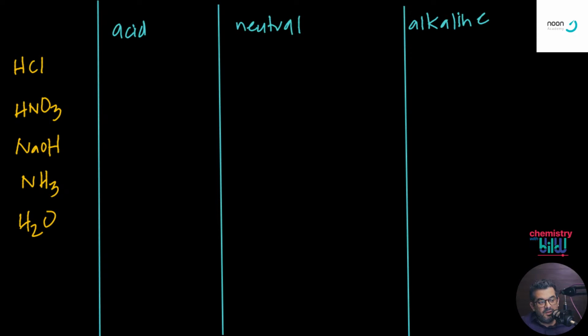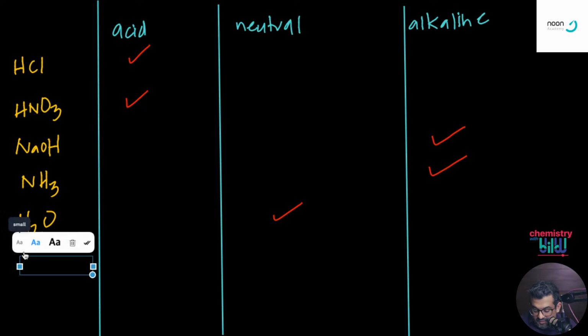Now, for those of you who are here with me right now. Anything with H plus is acidic, anything with OH minus is alkaline, and those with neither are neutral. So here HCl is an acid, HNO3 is an acid, NaOH is alkaline, ammonia is alkaline, water is neutral. Now besides this, let's say I give you